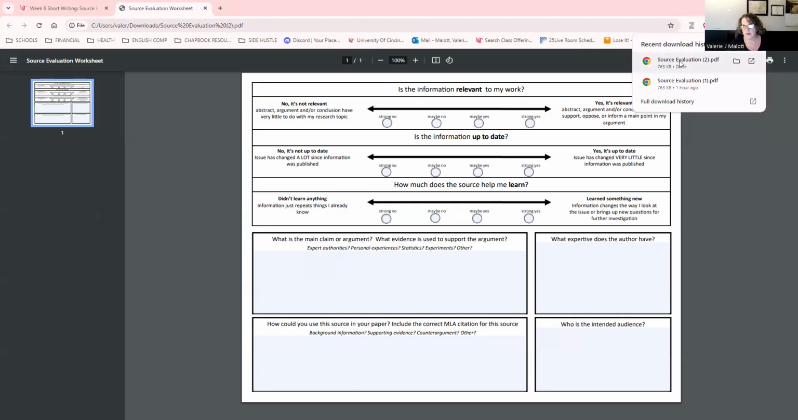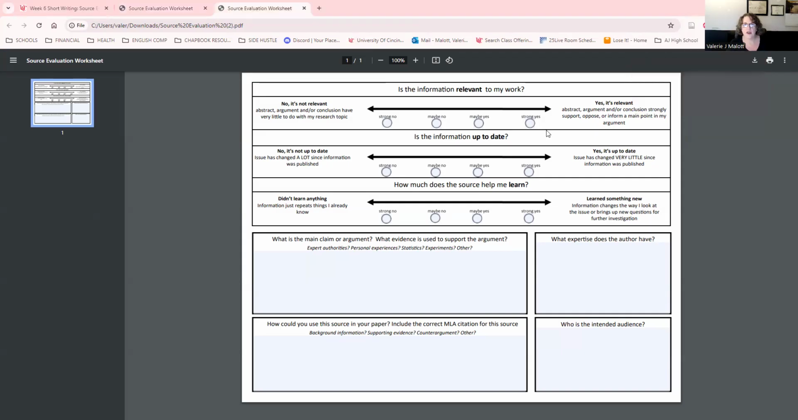So we have source evaluation, right? So it's opened up on your computer, and now you have your source to work with. So it's going to ask you questions like, is the information relevant to my work? Well, hopefully it is, right? Maybe yes, right? Yes, it's relevant. Strong yes, maybe yes. Is it up to date? Maybe not, right? How much does the source help me learn? Information just repeats things I already know, or information changes the way I look at the issue or brings up